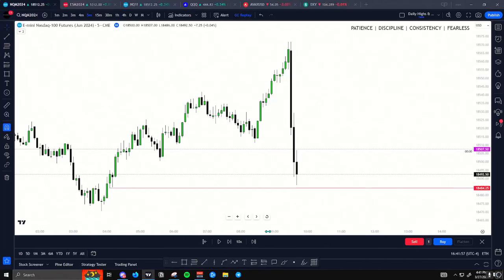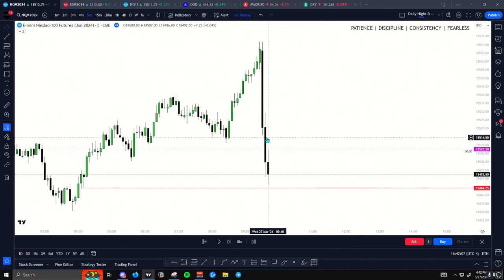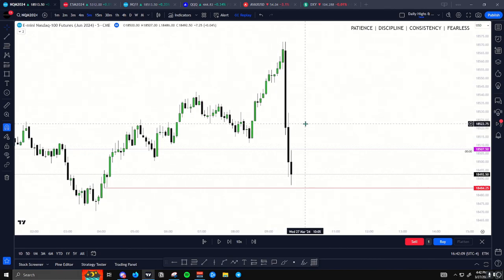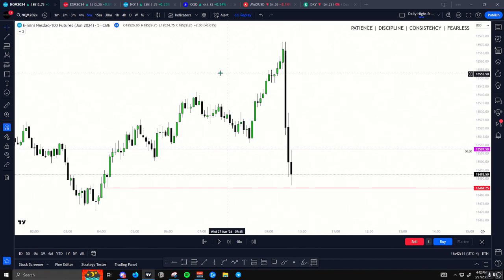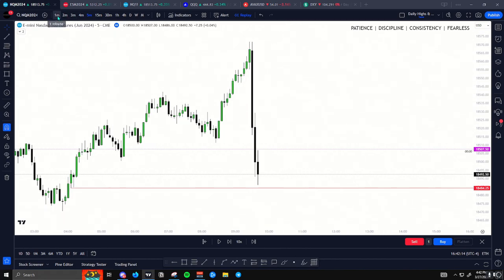I want to go over the two trades that I took today. Both were winners and both were really nice entries and price delivery. So today wasn't really expecting much. No news Wednesday, but we had some serious displacement right at the open, and this is why it's important to